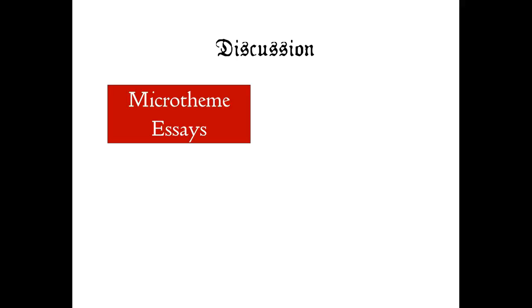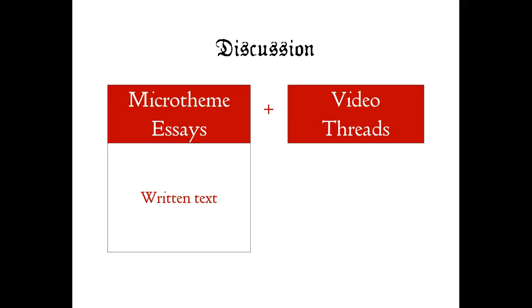In this course, discussion comprises 2 categories: microtheme essays, which consist of written text, and video threads, which collect less formal oral comments and questions. For the microtheme essays, you will work in teams of 5. As I mentioned earlier, each quintet will include 1 person from each of the 5 schedule codes, which are arbitrarily labeled as families of musical instruments: woodwinds, brass, percussion, keyboards, and strings.